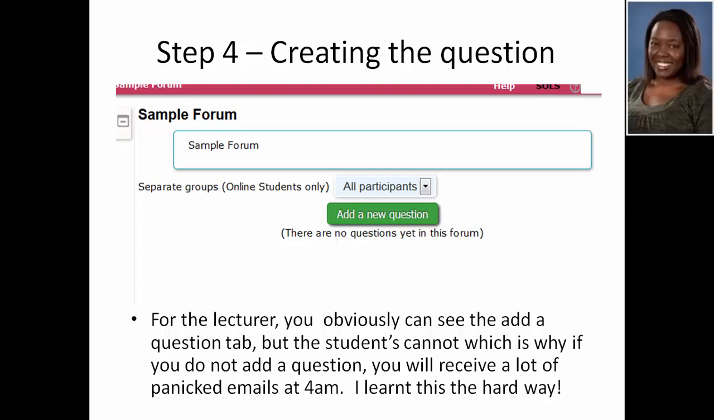You need to click on the drop-down menu and select which group it is that you want to have access to that question. And I learned this the hard way when I started to get some very panicked emails, because for some strange reason, online students are awake at really odd hours. 4 o'clock in the morning, 3 o'clock in the morning is when they email, and they usually email with instructions